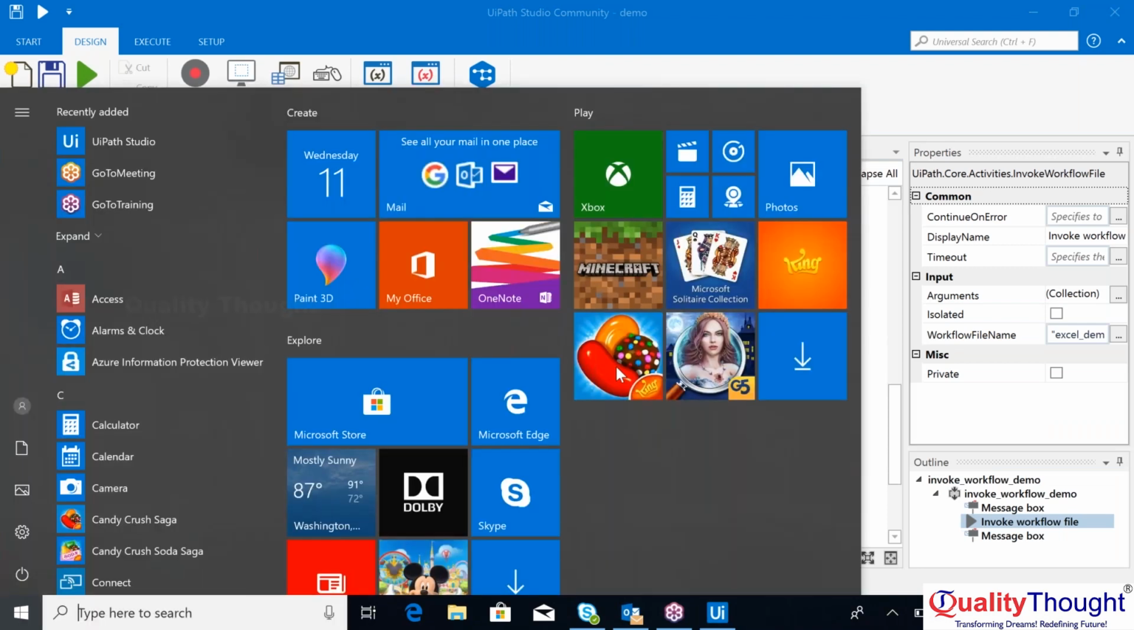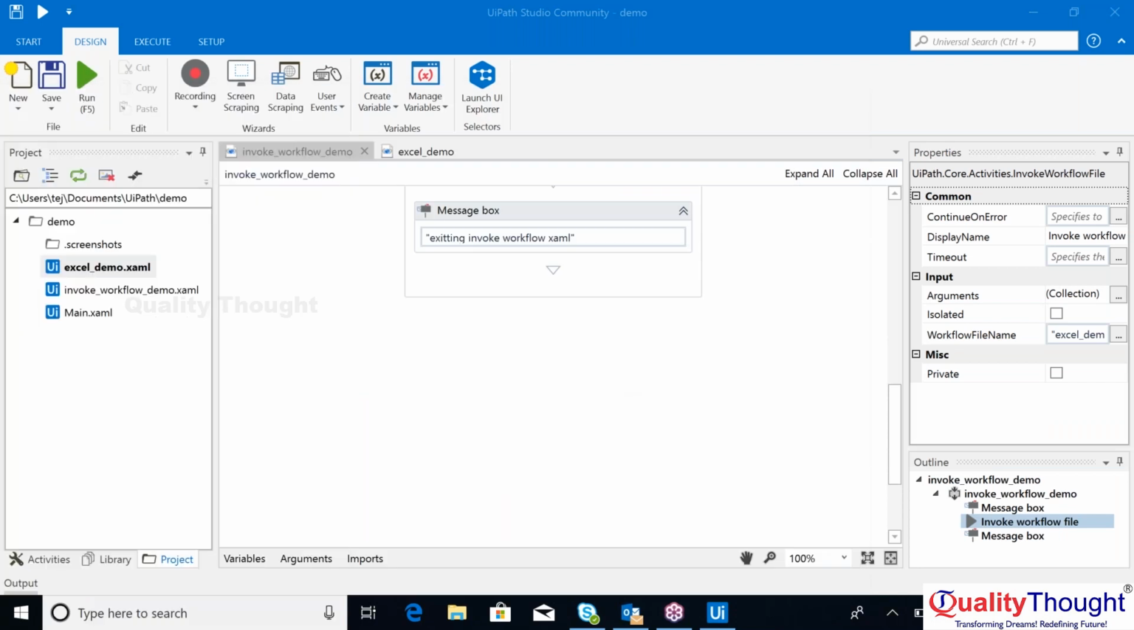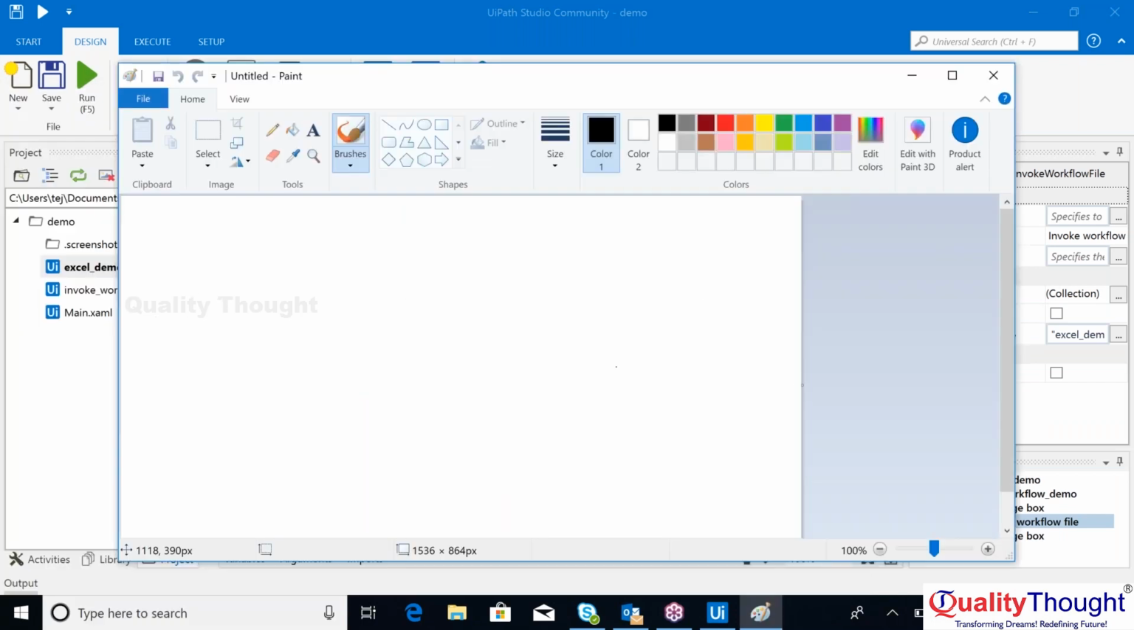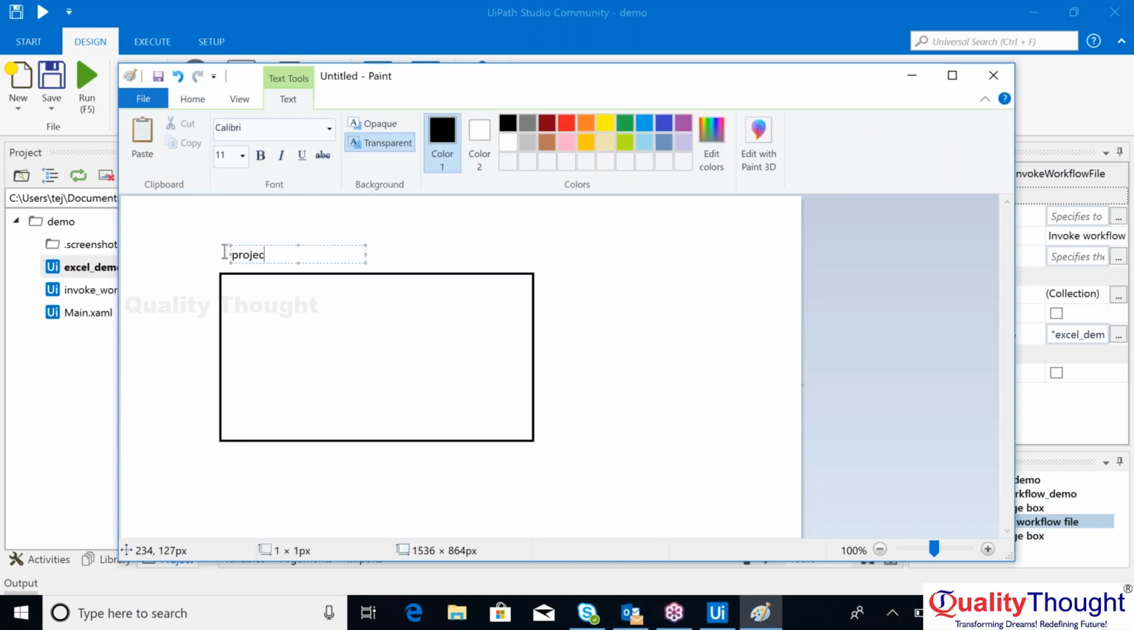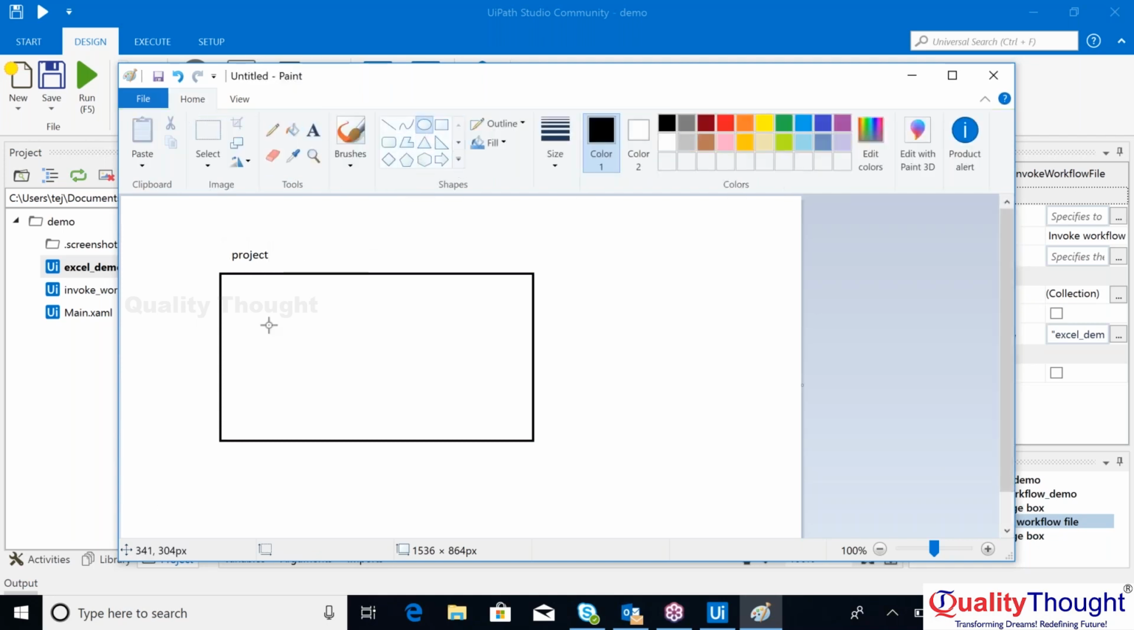Okay, so let me put this in a different way, which might help. Now let us think you have a big project. Oh, I just wanted to pick shapes. Okay, so this is your project. Let us say this is our complete project. Now inside this project, you have three different XAML files. So you have your main, and let me call the other one Excel demo, and the third one as